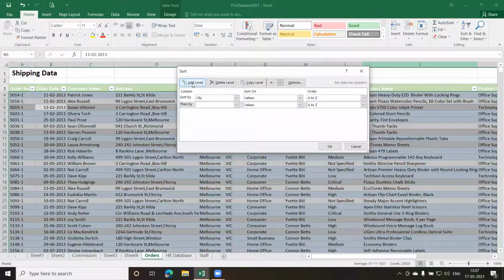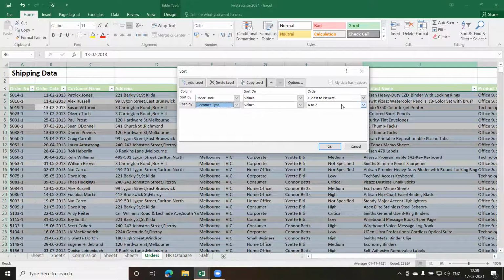First I want to sort as per the order date, so I'll select order date. Oldest to newest, that's fine, I'm not going to change that. Then I come here and sort it as per the customer type.